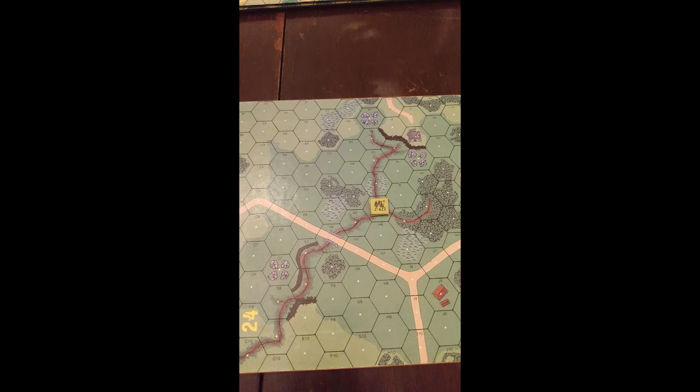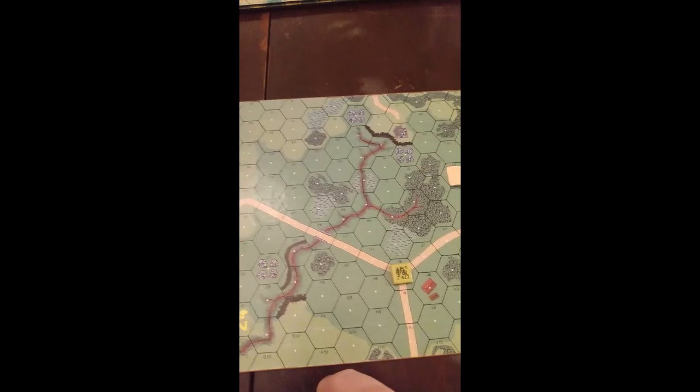And here we are again. This time we're going to leave the gully and follow the road. So we're going to go into H6. That's going to be 2 movement factors to get us up out of the gully. H7, we're not changing elevation. We're just entering onto that road hex. That's 1 movement factor. I8, we're going to continue along that road over here for 1 more movement factor.